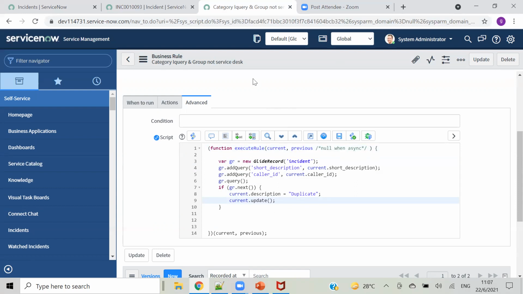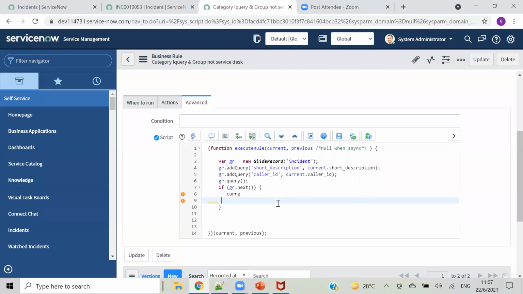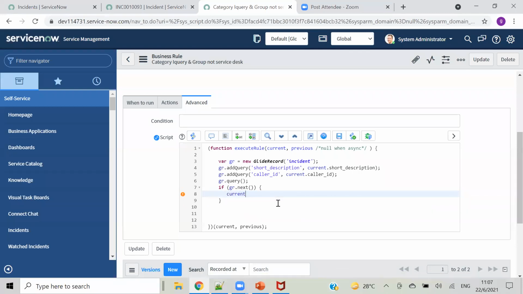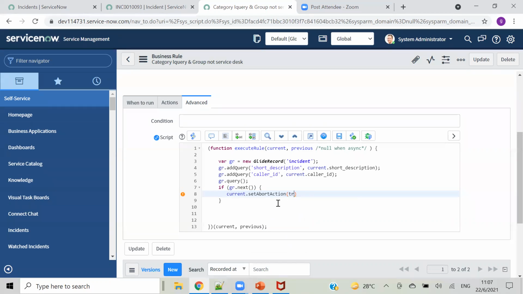Okay. Any questions for now? Until now? No, right? Okay, I will just keep this. So Sharath, Sohail, Rohit, anything?